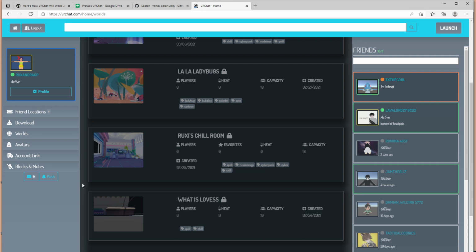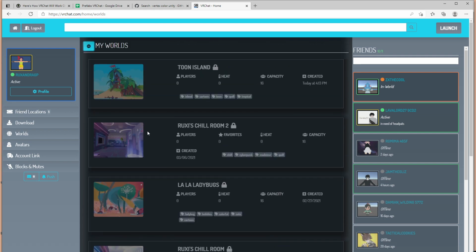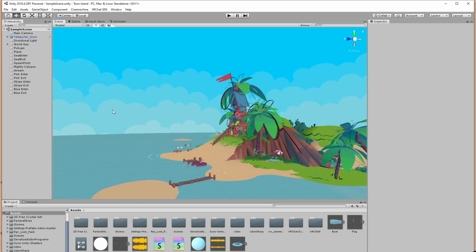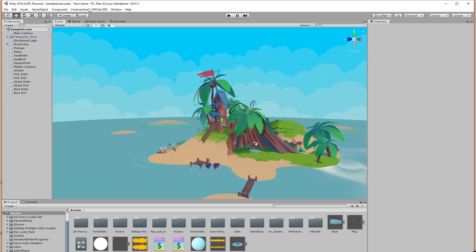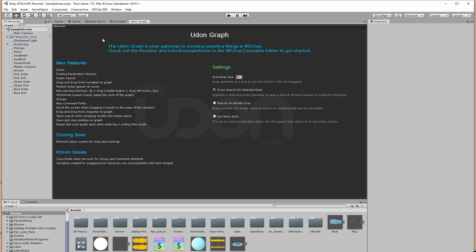So the process is very simple, actually. It gets more complicated if you want to have triggers and other things in there, but for that you will have to actually work with the udon graph. I don't think there's another way around it if you want your custom stuff, but it shouldn't be too much of a problem. So you basically go here, udon graph, and then